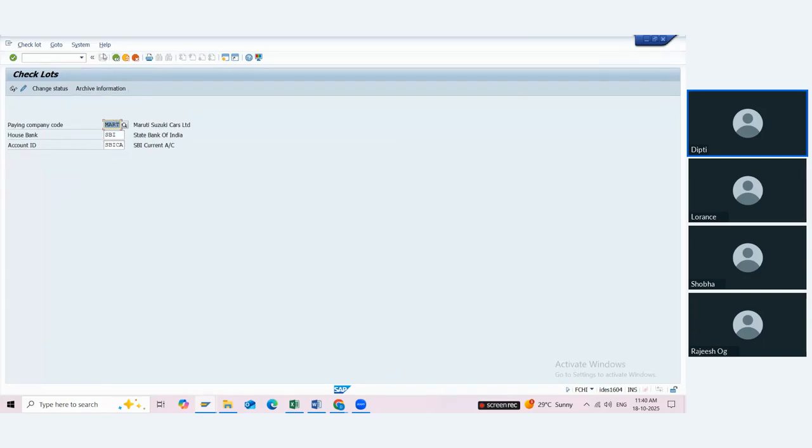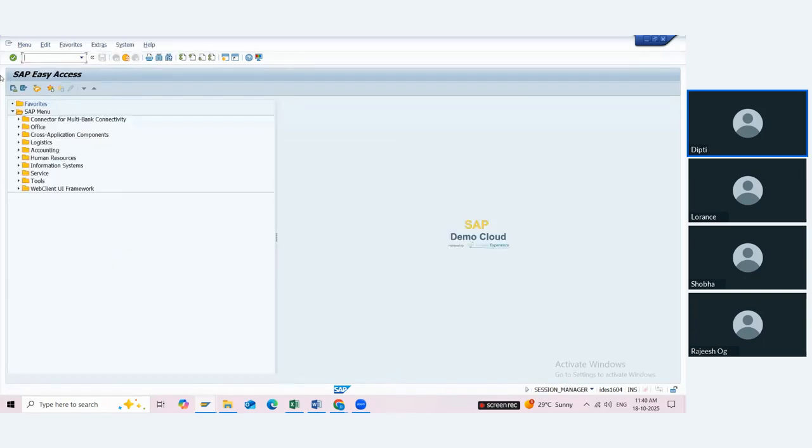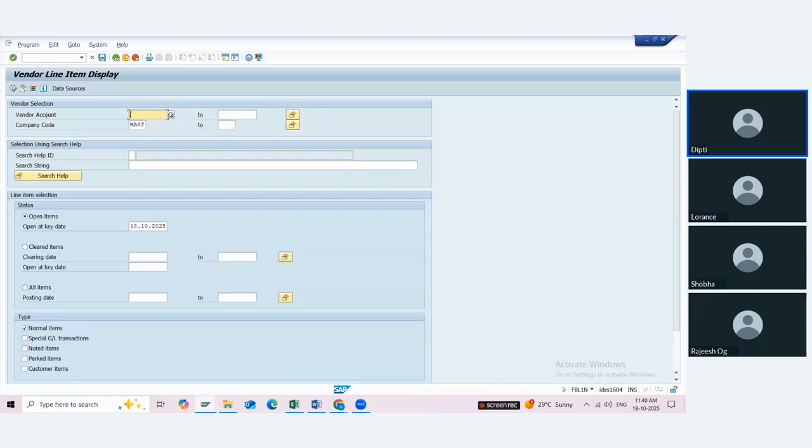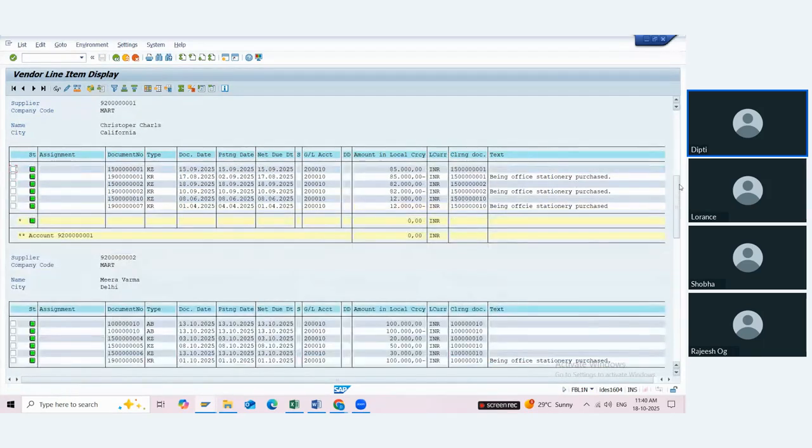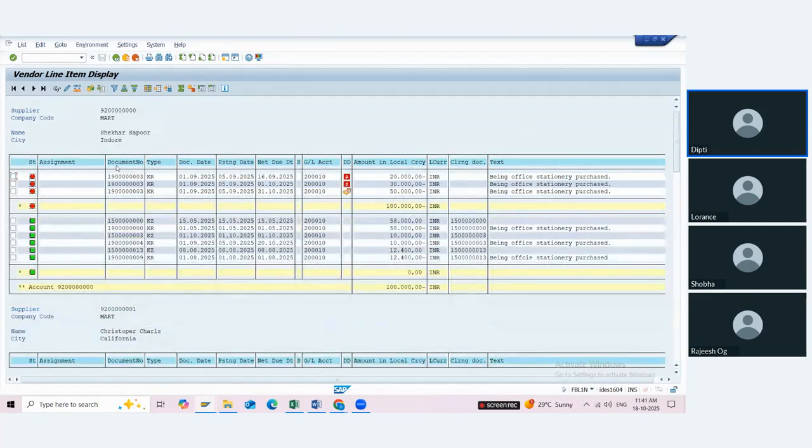After this, now we have to create the vendor invoices and I will make the payment. So first, let's go for one vendor and we will create multiple invoices for that vendor. Let's say if any of them are already available. FBL1N. Okay, this is an installment payment term. Okay. I will do one thing. I'm not using this document. It's an installment. I will create 3 invoices for this 9200 vendor.